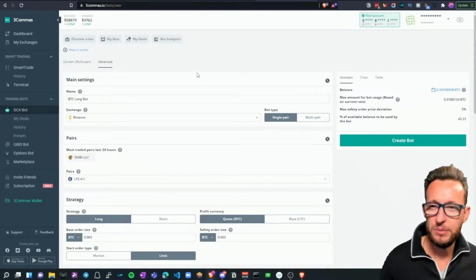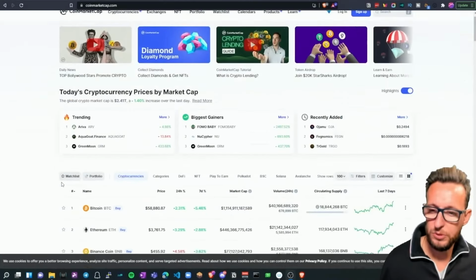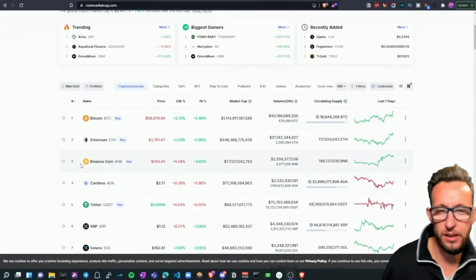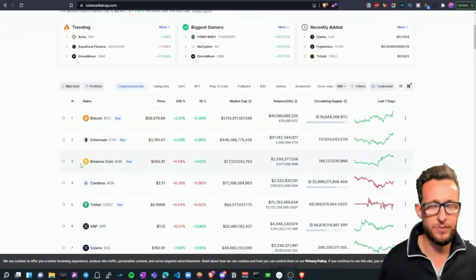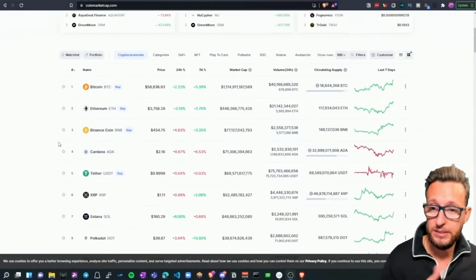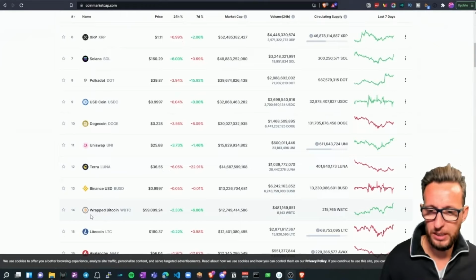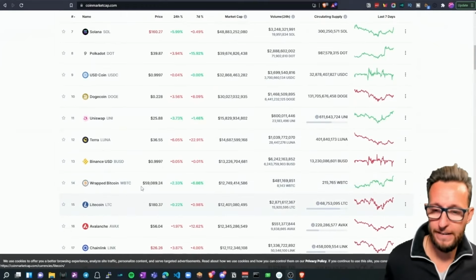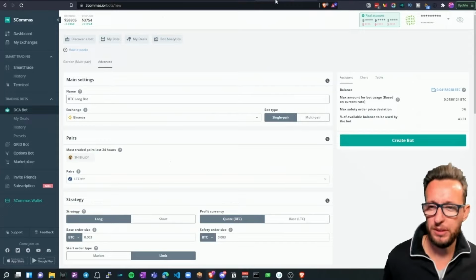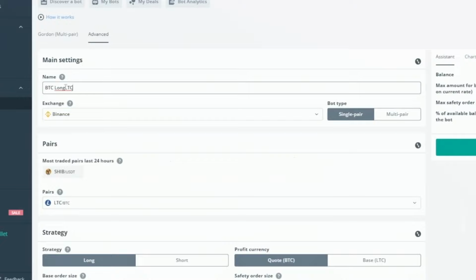Right, so the idea here is we're going to be setting up a bot. Right, to find the pairs that we're going to be doing, I tend to use the top 20 pairs here. I know that TradeAlts actually reduced his from about 50 to about 20, I believe, recently, as the market dropped not long ago. So we're going to be taking these 20 here, where we're going to leave out obviously the stable coins, and at the moment I'm going to be building a bot. Let's go for Litecoin. Okay, as I haven't got a Litecoin bot, so I'm going to be building a Litecoin bot. So we're going to start by giving it a name, LTC